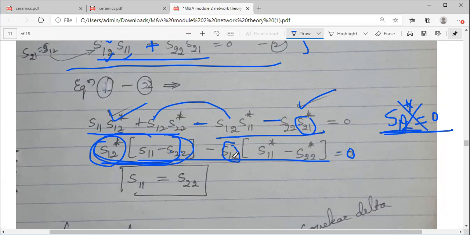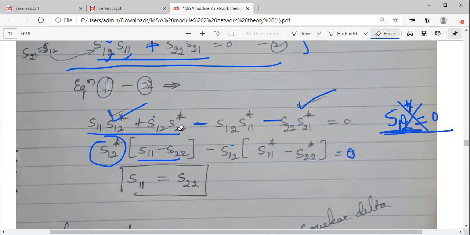So this possibility vanishes. Second thing is, similarly what I can do, S12 I can try to make 0. अगर ये 0 हो गया तो ये second term 0 हो जाएगा. But what about the first term? So I can't do that. So वो भी possibility नहीं है. The only possibility remaining is this inside bracket. If I make S11 equal to S22, okay, let's see what will happen to this equation. If I take both equal, ये term 0 हो जाएगा.